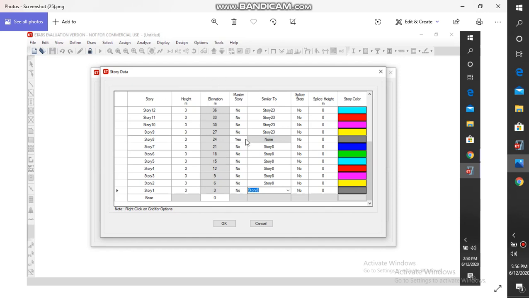So with the help of this option, for example, the first part has 1 to 8 stories. Among them, a single story is assigned as a master story, and the rest of them are told as similar to this particular story.